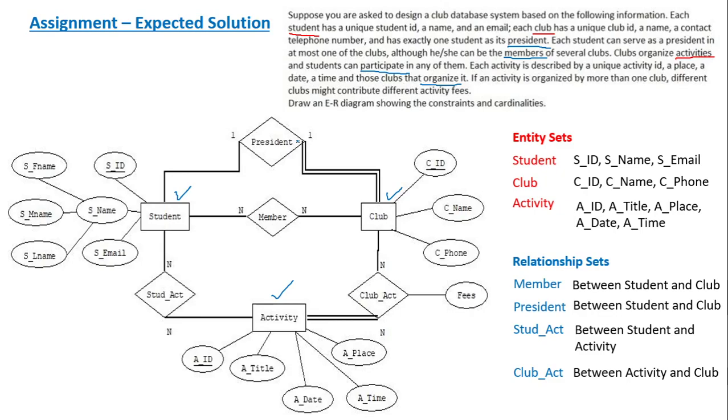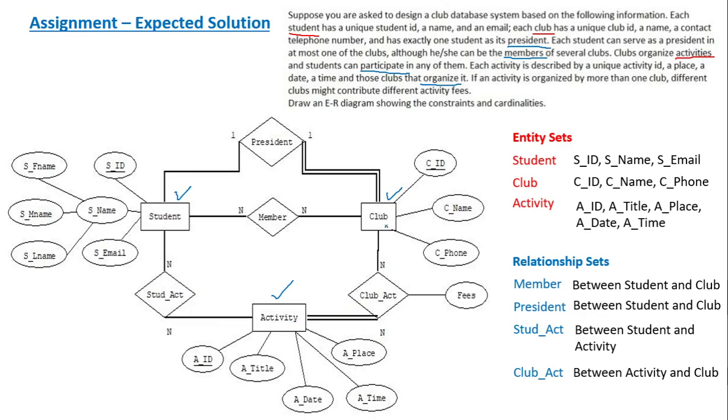That has been mentioned in the problem statement, and that is why this is depicted as one to one. About student activity, this is the relationship between student and activity. So one activity may have more than one students who are participating, and one student may participate in more than one activities, and that is why this has been shown as end to end, many to many.